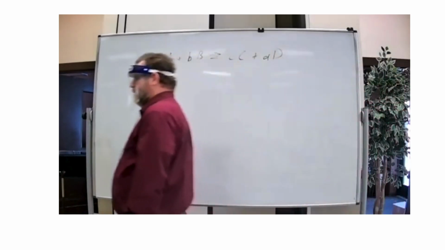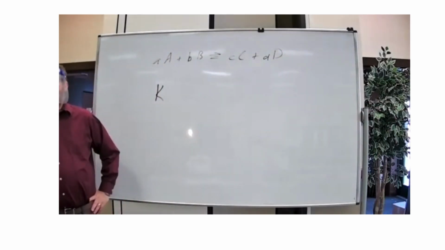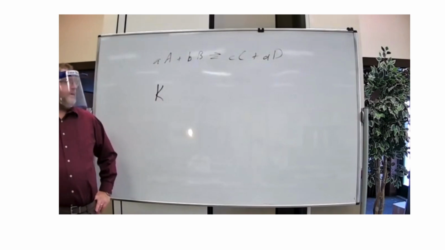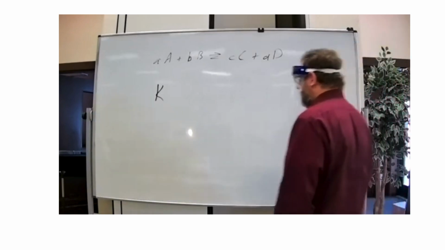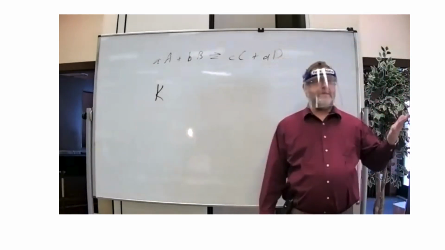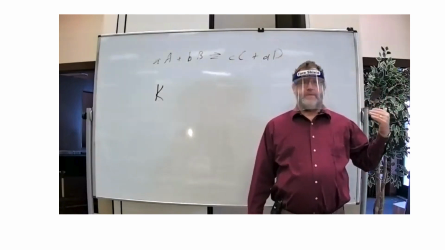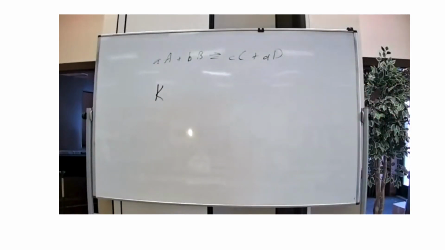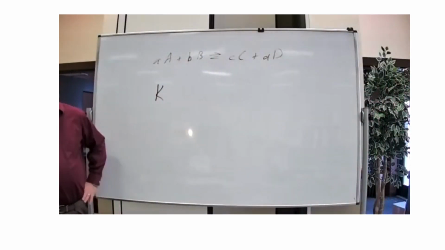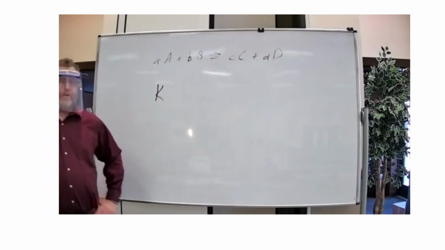This is probably the most useful constant in chemistry, possibly eclipsed by the ideal gas constant, but this is the one that you will see more than anything else that will be used. Now, K may or may not have a subscript to it. K is a generic equilibrium constant. I can put a Kc in it, indicating equilibrium by concentration. Kp, equilibrium by pressure, that's generally used for gases. I can have Ka, which is an equilibrium constant involving